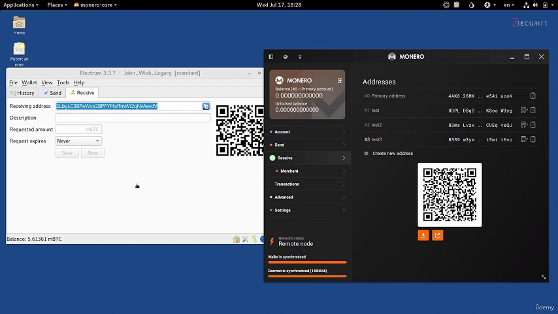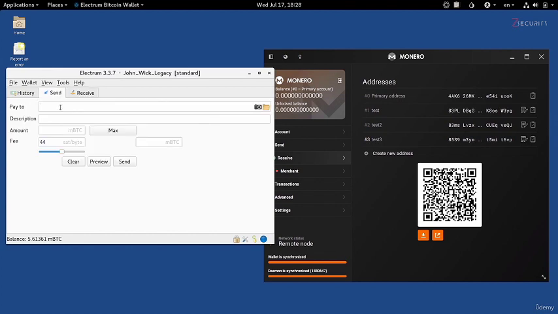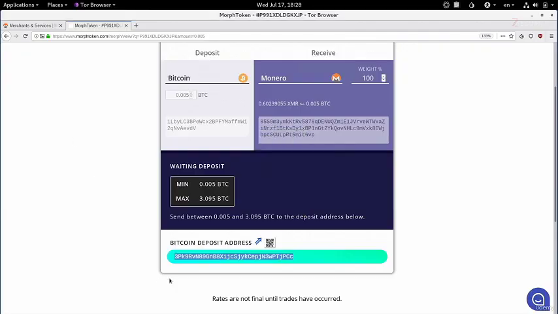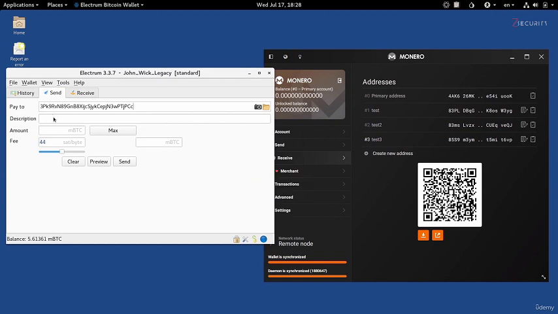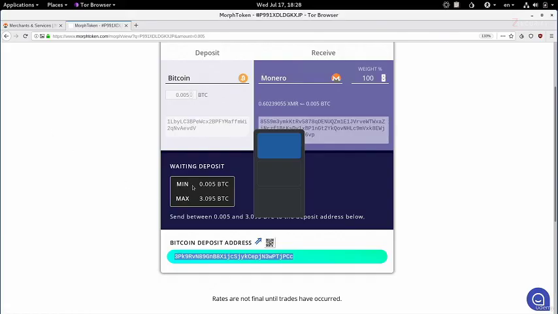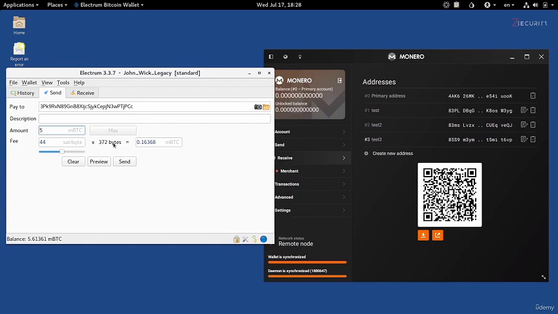So right now, I need to go to the wallet that I'm sending money from. I'm going to go to the Send tab as we saw before. We're going to set the Pay To address to the address that we got from here, the address of the wallet of this website. You can set a description for this, but I'm going to leave it blank. That's fine. The amount, we're going to set that to 5. Remember, this is in micro Bitcoins, so it's equal to 0.005, which is what we picked in here when we initiated the process. I'm going to keep the fees as they are, and I'm going to click on Send to